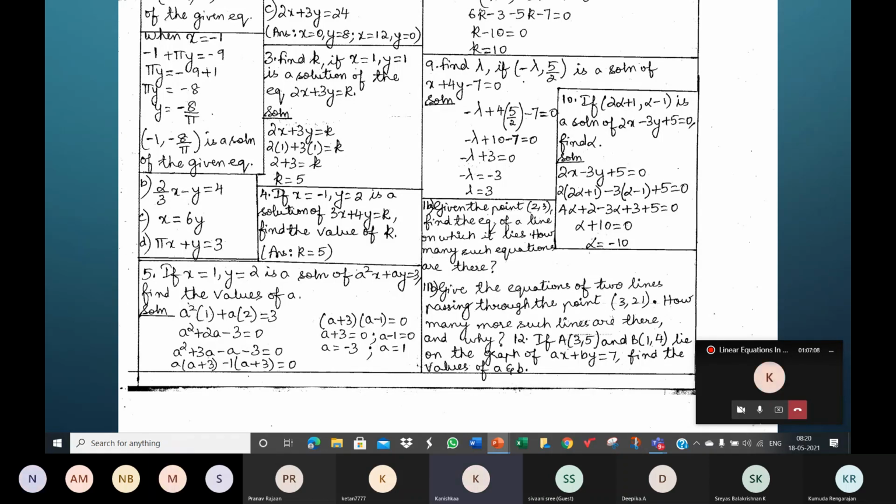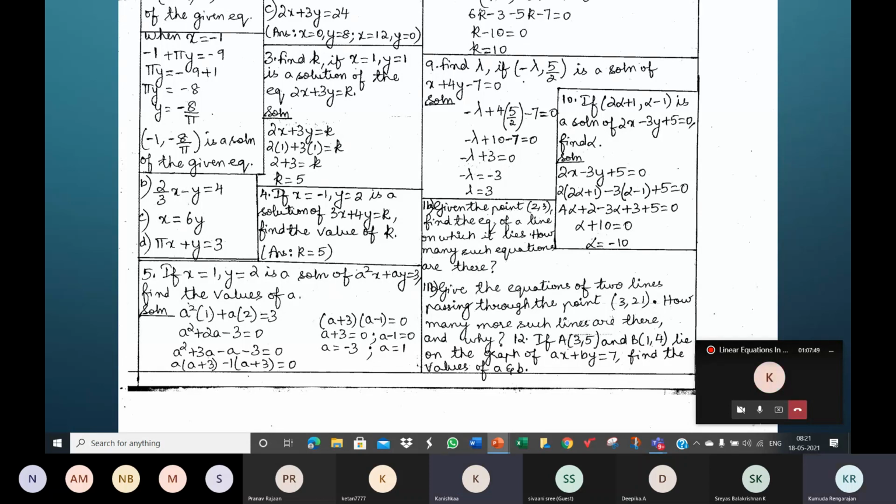Ma'am, if we take the common things out between a square x plus ay, then it could be linear, ma'am. No, but it's not like that, right? You should multiply and get the equation. As it is, you should say. Ma'am, it can't be, because as per ax plus by plus c is equal to 0 is a standard linear equation, ma'am. Then how, ma'am, will a square come? The power should be linear, ma'am. Power should be linear. Okay.